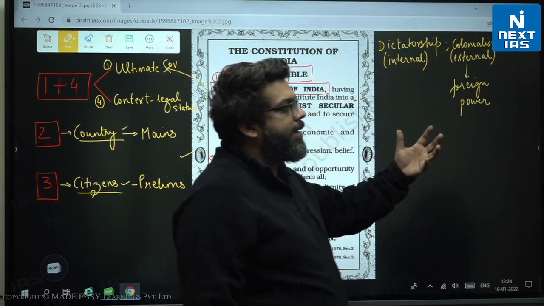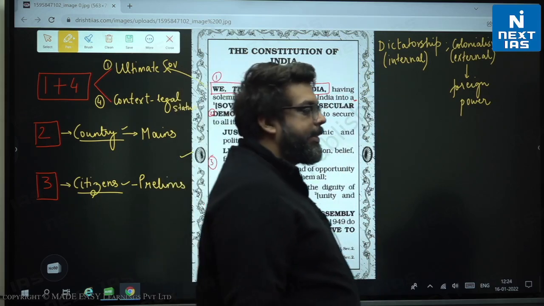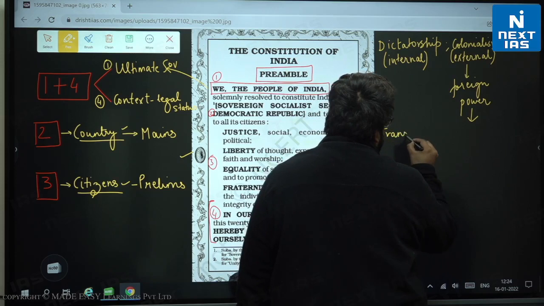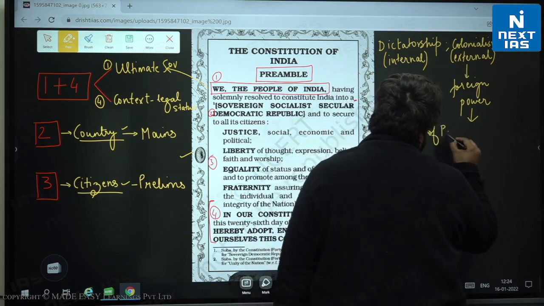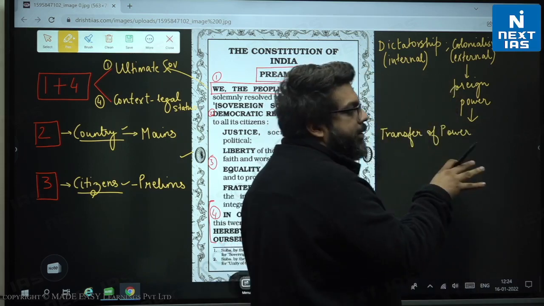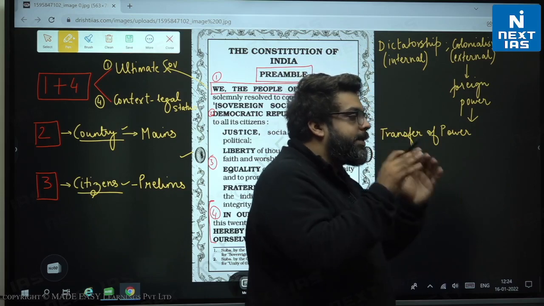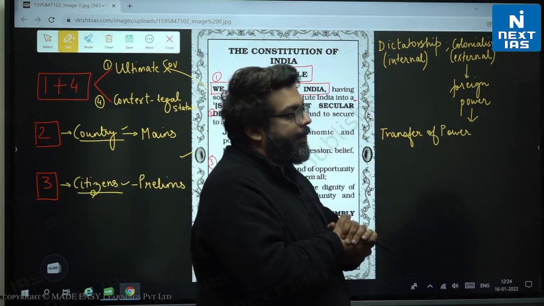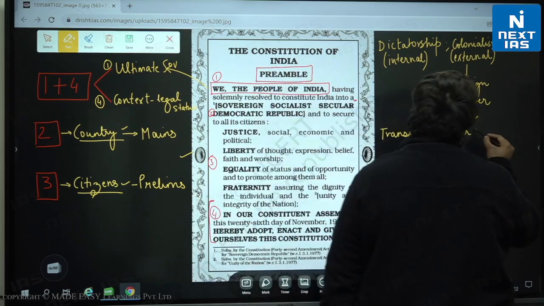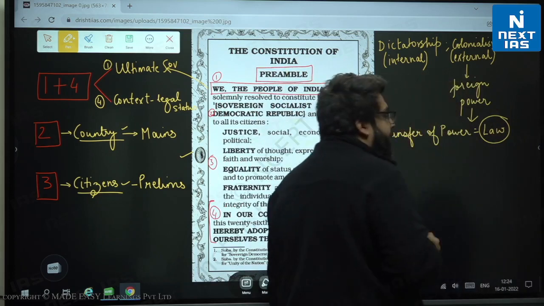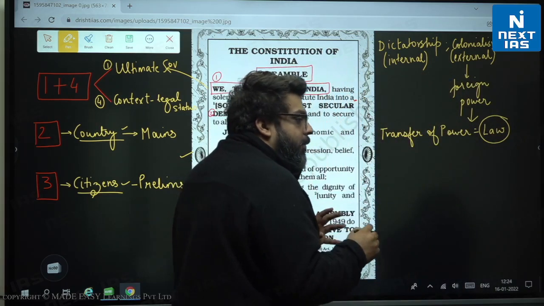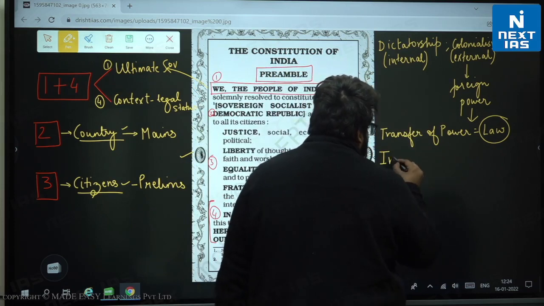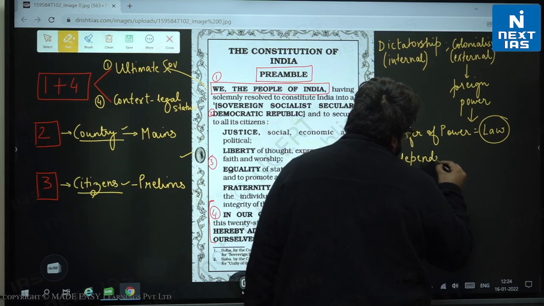So when dictatorship has to end, democracy has to be restored, it is done internally. But when colonial power has to end, this requires what is called a transfer of power, from the colonial masters to something. So when the Britishers decide to leave us, they have to leave us in the hands of someone. And this has to be done through a process of law. And the law which gave India its independence is called the Indian Independence Act, which was